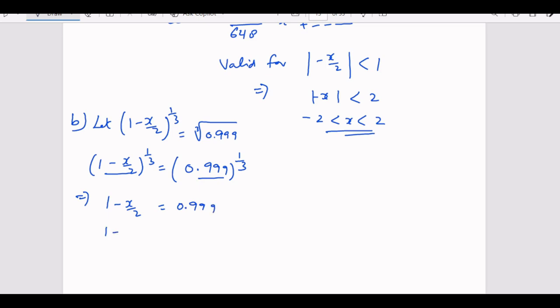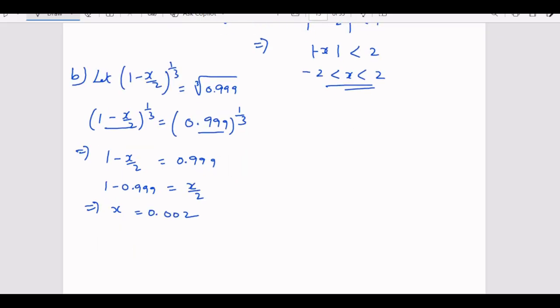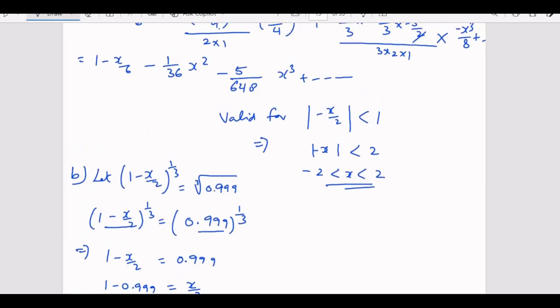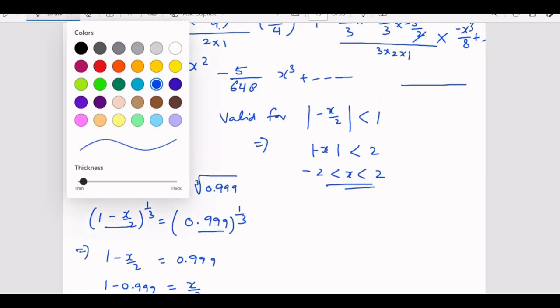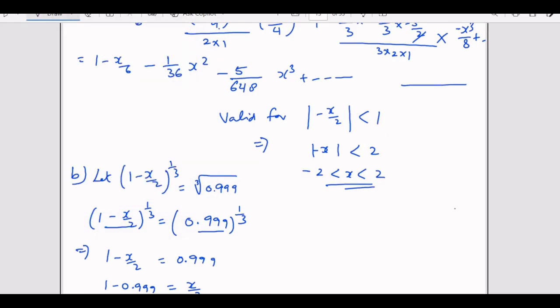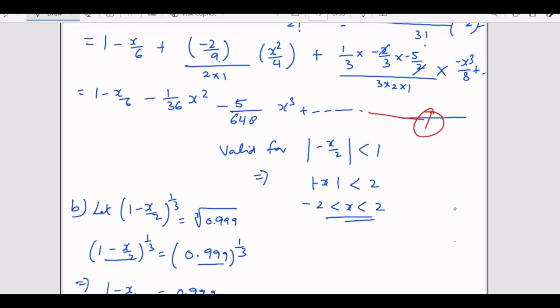So 1 minus 0.999 equals x over 2. So from here we are getting x is 0.002, right? So once we got the value of x, we can substitute that in the expansion that we got in the first term here. So I am taking this equation, the expansion that we got in the first term here, this one is 1. So from 1 we have 1 minus